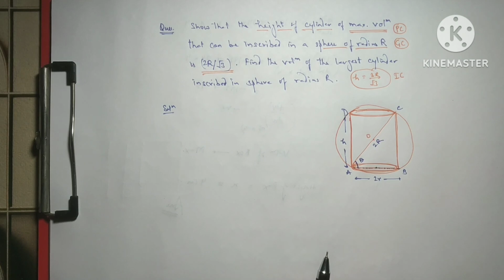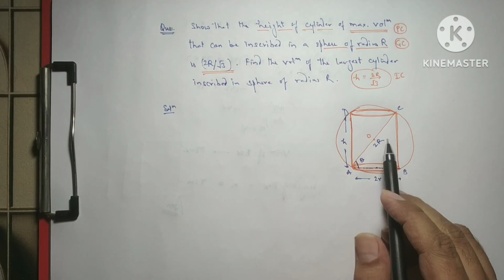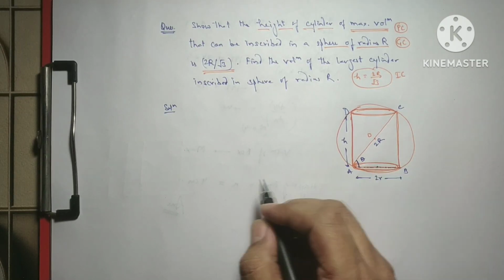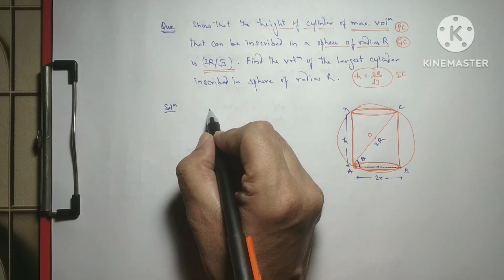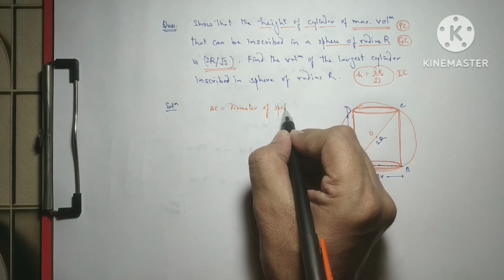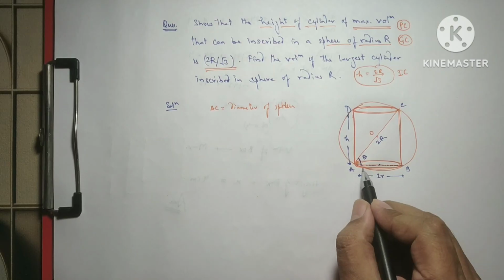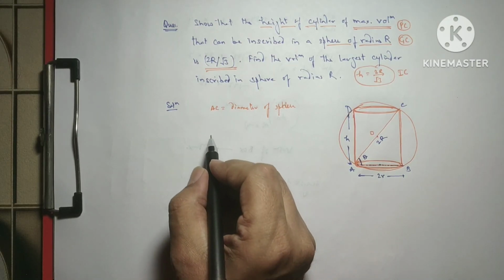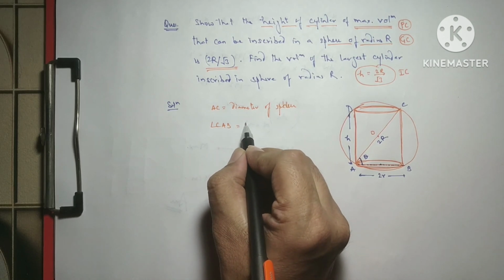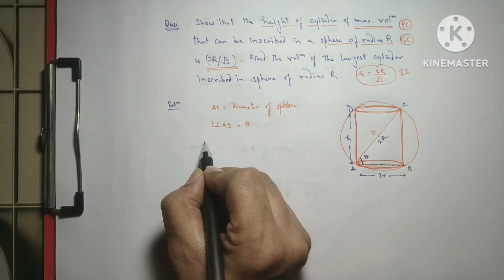So let us consider a cylinder inscribed in a sphere of radius r. So AC is the diameter of the sphere, and it makes an angle theta with AB. So angle CAB is theta. So in triangle ABC,